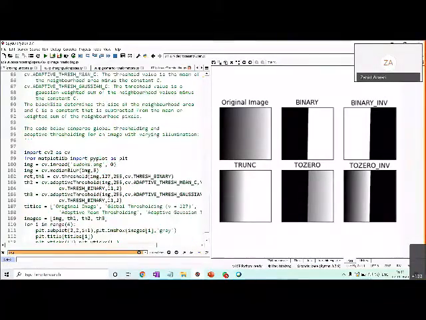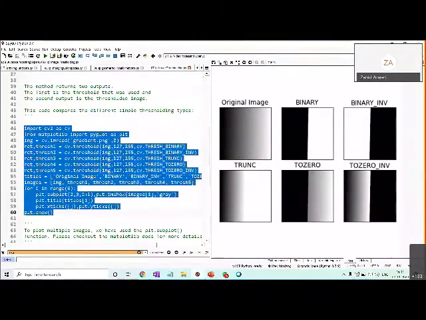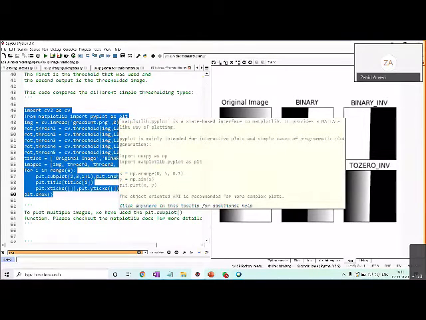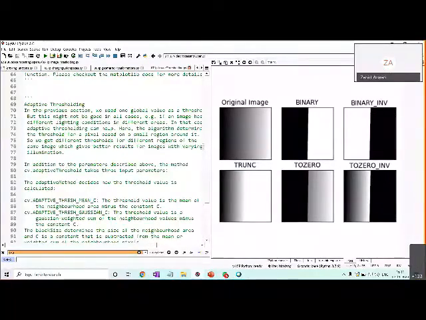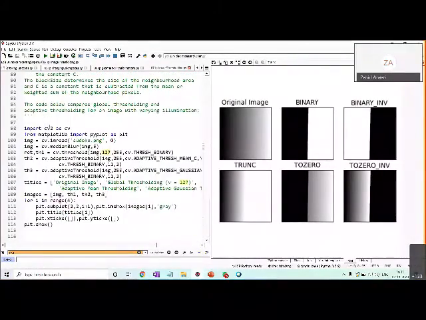One thing with this global kind of thresholding is that the same threshold is used for all the pixels in the image. But if you use adaptive thresholding, not the same threshold is used for all. Rather, it uses a window of neighboring pixels.